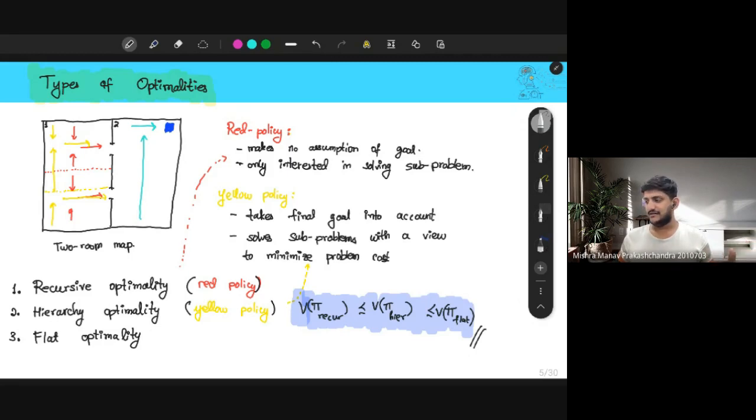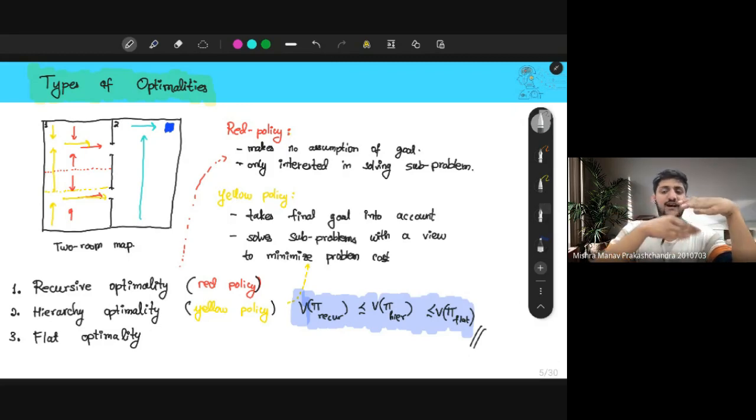So here we might want to use hierarchical RL. Okay. In most cases, because see, recursive policy is very idealistic, while it compromises on the solution that we have. Okay, so the solution might not be as optimal as the flat optimality, but it provides